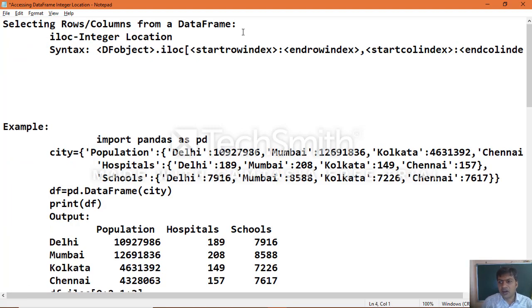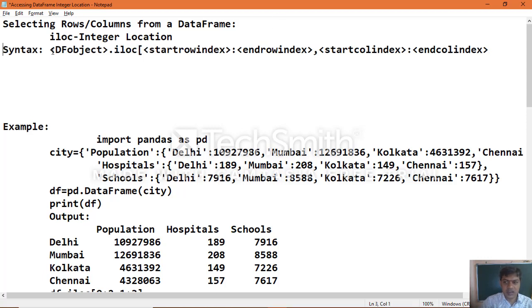That is the syntax: data frame object name dot iloc of start index colon end index comma start column index colon end column index.